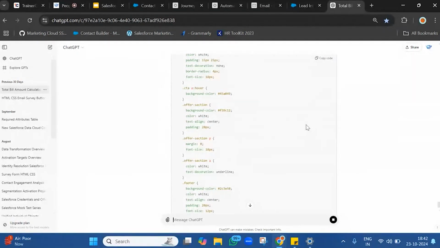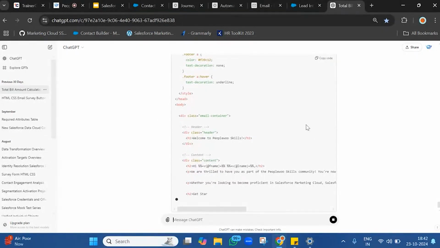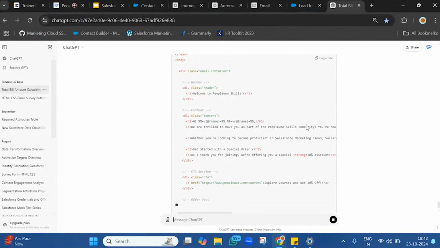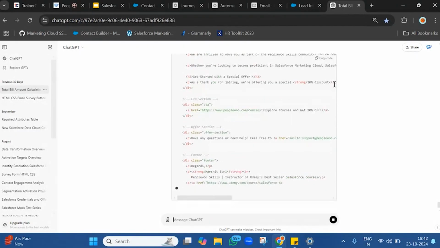All companies use sales, service, and marketing as three basic platforms. Later, you will get the opportunity to work with Data Cloud as well. I also have a Udemy course on Data Cloud where you can understand more details. You might be working with Commerce Cloud as well, but majorly Data Cloud, Sales Cloud, Service Cloud, and Marketing Cloud are commonly used. If you master these four platforms with specialization in Marketing Cloud,